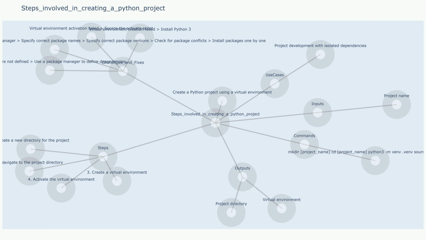Use cases: project development with isolated dependencies. This ensures that your project's dependencies are independent from your system's Python installation and other projects, reducing the risk of conflicts. Deploying and running the project on different systems. Since the virtual environment packages the project's dependencies, it ensures that the project can run consistently on different systems with different Python